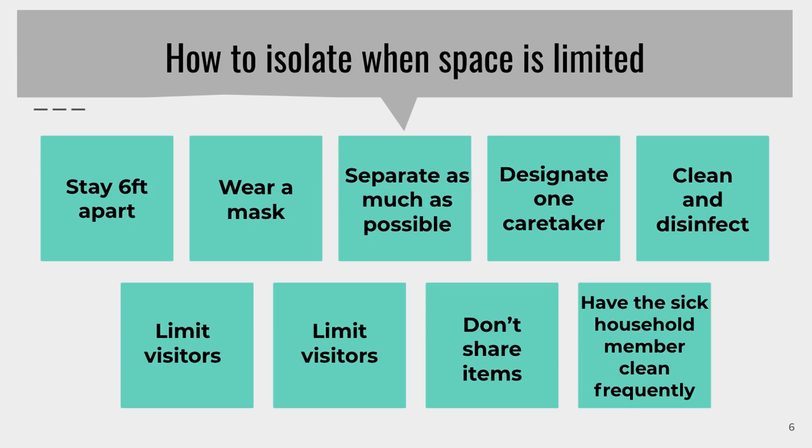If you need to share a bedroom with someone who is sick, try to do the following. Make sure the room has good airflow. You can help this by opening a window or turning on a fan. Place the beds at least 6 feet apart if possible. Sleep head to toe. And then you can even put a curtain around or place another physical divider to separate the bed of the person who is sick from other beds in that room.